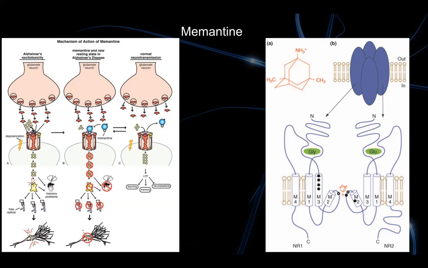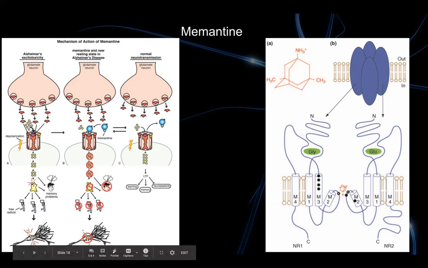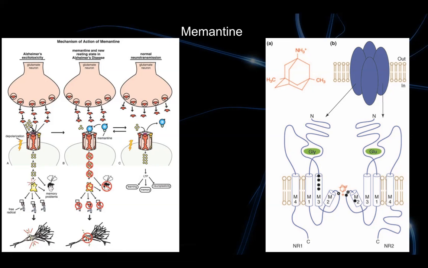NMDA receptors are ligand-gated ion channels that have 4 subunits that contain NR1 and NR2 subunits. In order for the channel to function properly, the glutamate residue of the NR2 subunit and the glycine residue of the NR1 subunit must both be occupied. After the channel has been opened, the ligand binding at the NR2 and NR1, memantine can enter the channel and bind at the M2 region of NR1 and the NR2 subunits, shown right here. Because it only does so after the channel has been opened and it's binding to the enzyme substrate complex, it can be classified as an uncompetitive antagonist.